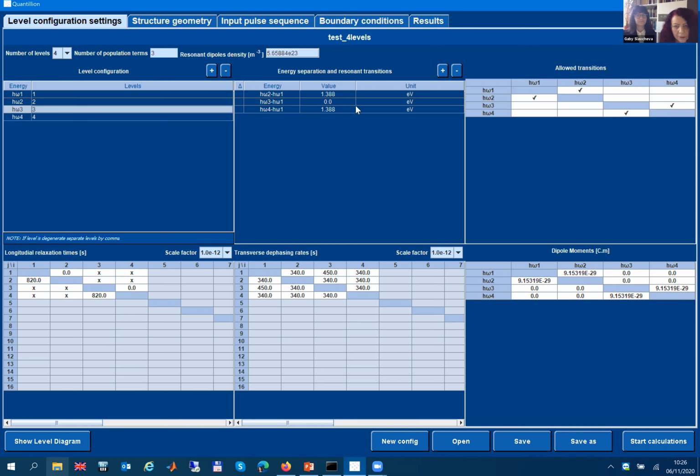Which we can define also some energy separation between the levels in this menu, 1.4, let's say, and these are just completely arbitrary numbers to show that the configuration is shown.